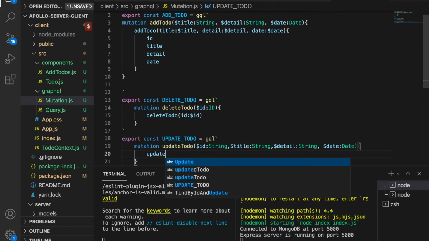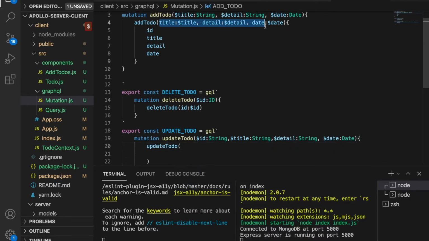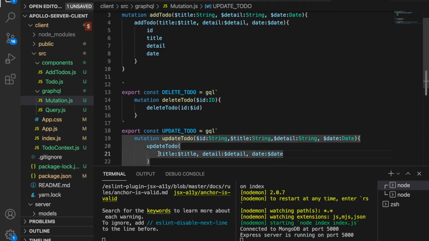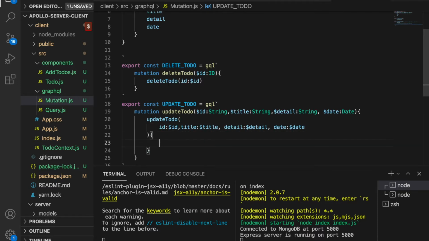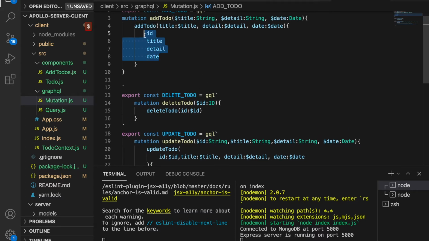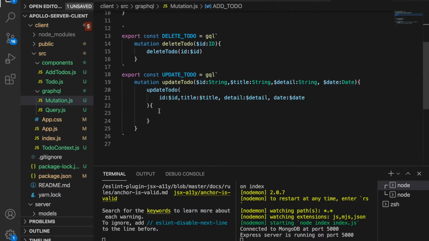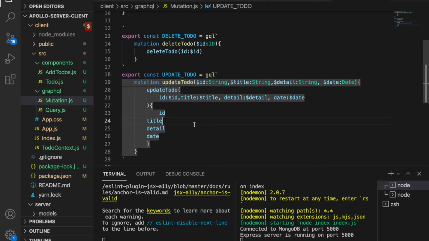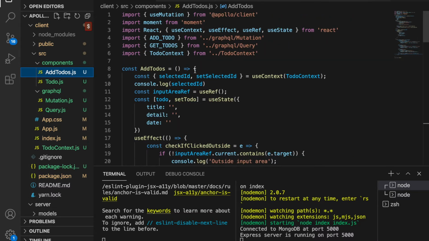And then we execute the updateTodo, and then we use this and paste here, and what we just missed is the ID, and we want it to return the ID, title, detail, and the date, so we can copy this and also paste to here. And now we already create this, and then we can go back to addTodo.js, and on the top we import